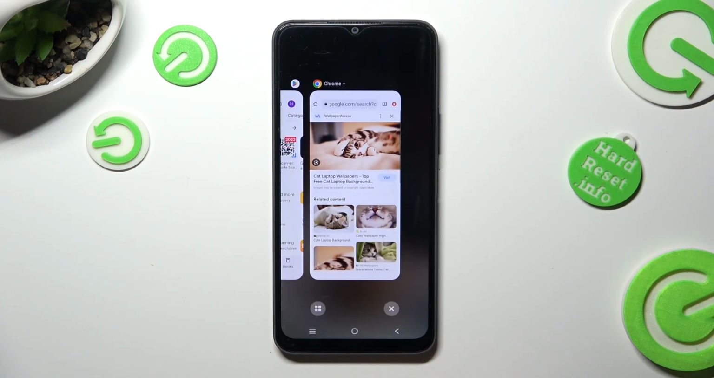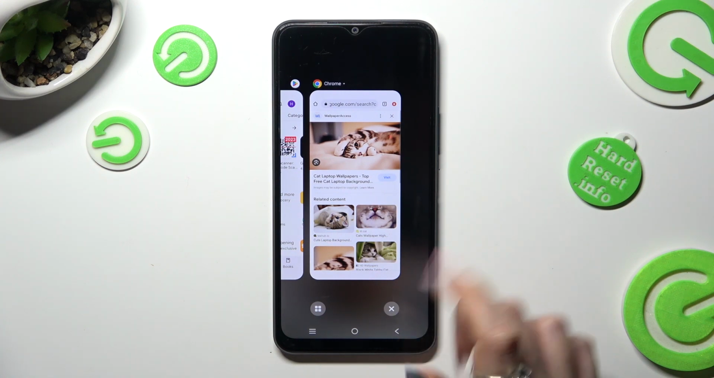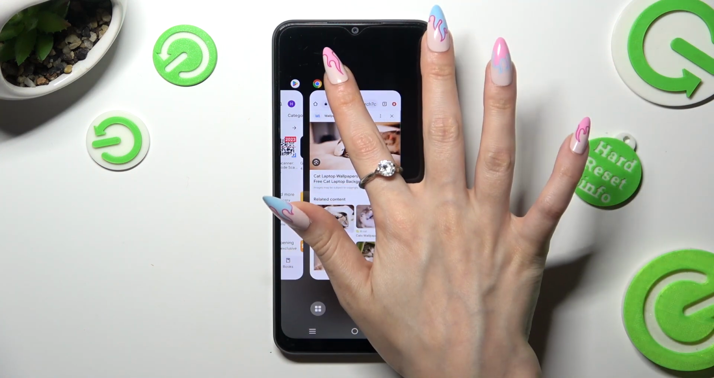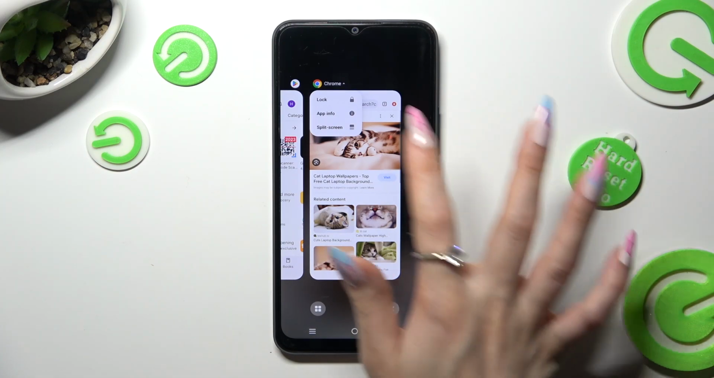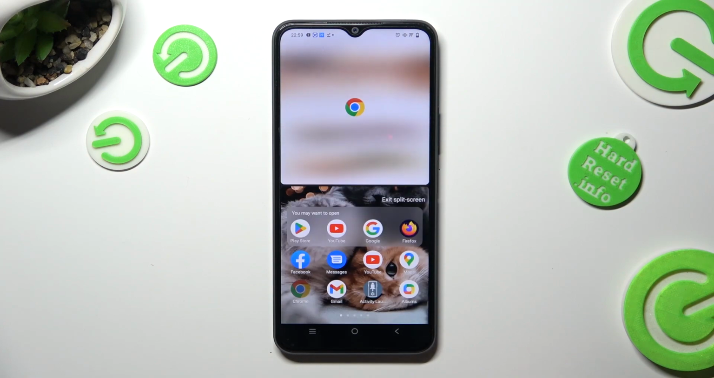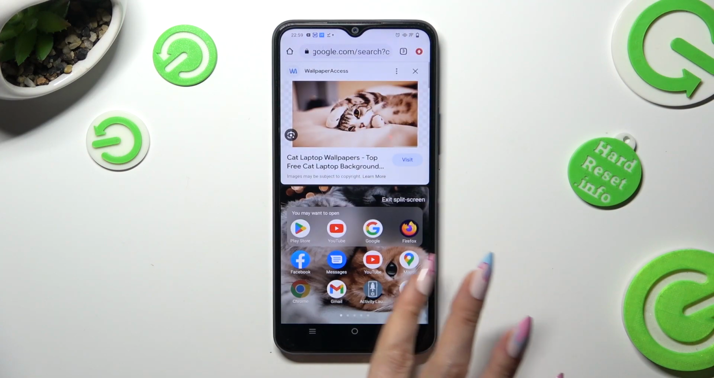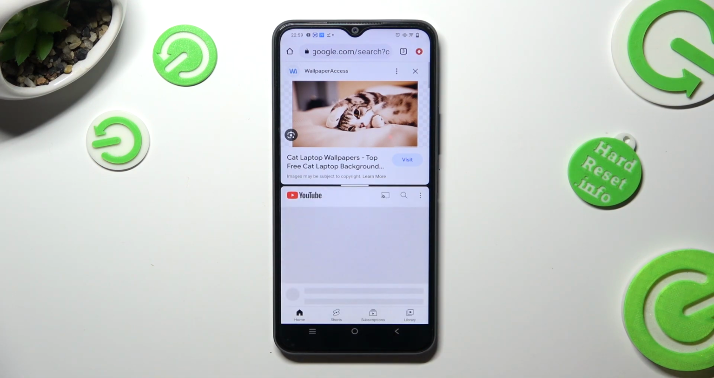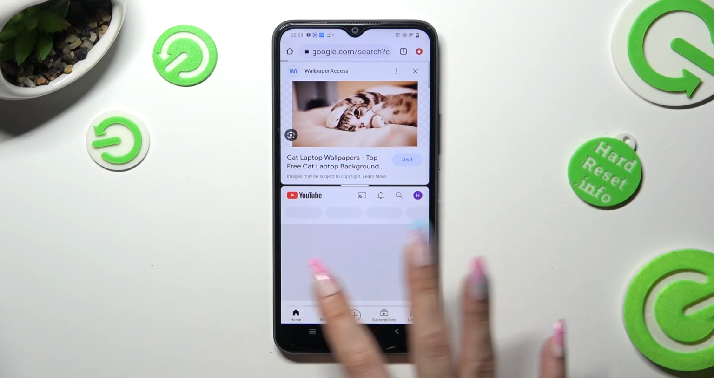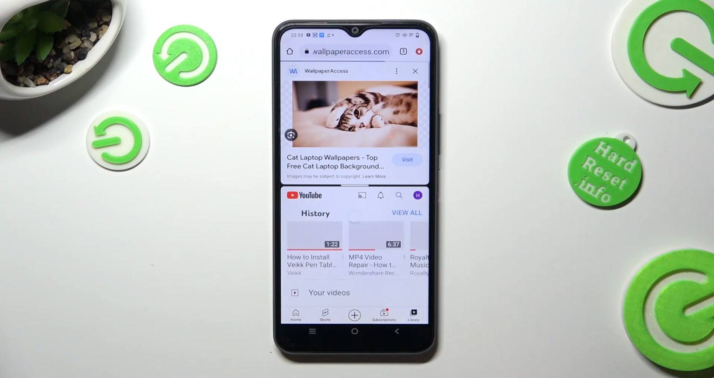Now click on the icon of an app located at the top left corner and select split screen. Then pick any other app. In my case, YouTube. So when I do that, as you can see, I can use both at the same